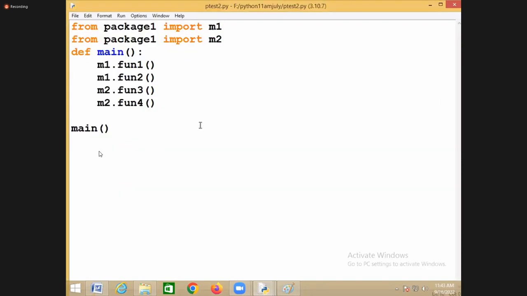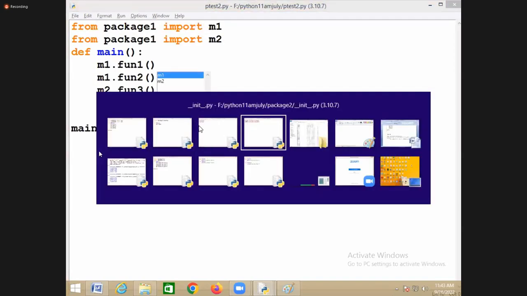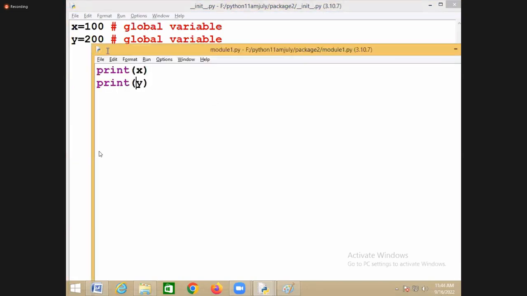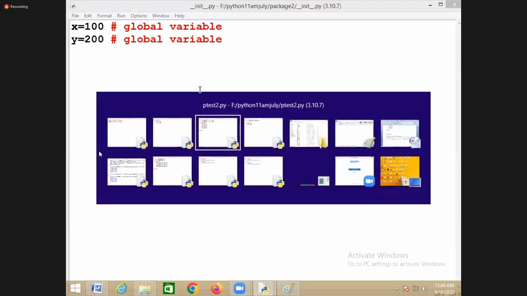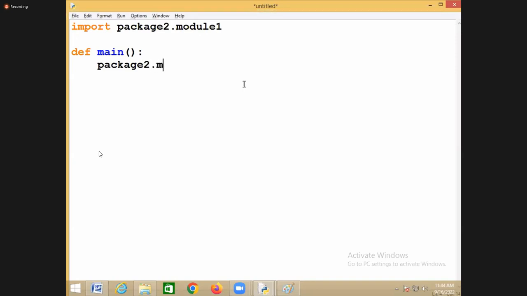Suppose I'm trying to test this by saying import package 2 dot module 1. And inside this, I'm trying to call package 2. So what you're doing is print x and y, but this print x and y you write inside one function. So inside this, I'm trying to call package 2 dot module 1 dot